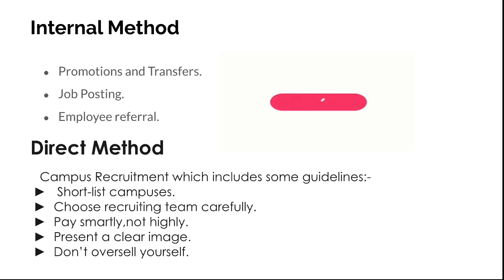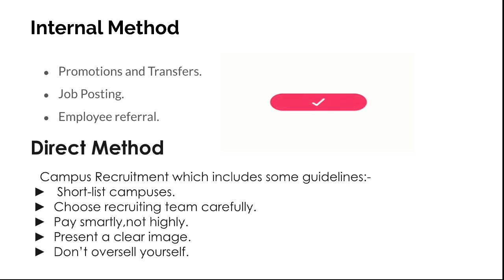Direct method includes campus recruitment. In campus recruitment, there are so many guidelines by the universities which the firms have to follow. First one is to shortlist campuses. Sometimes companies have their own recruitment team who hire the candidates, but sometimes they hire an outside recruiting team. So the firm has to choose the recruitment team very carefully,